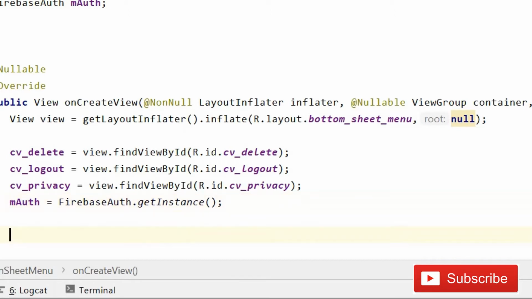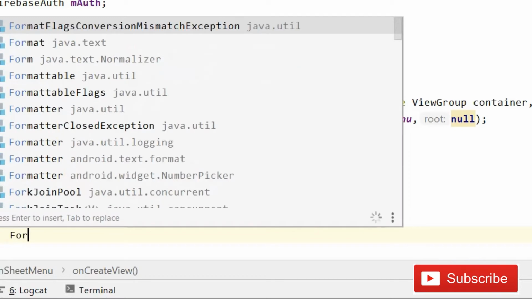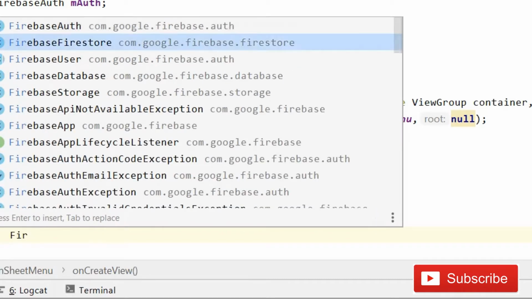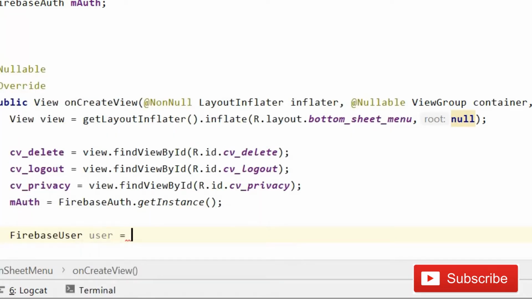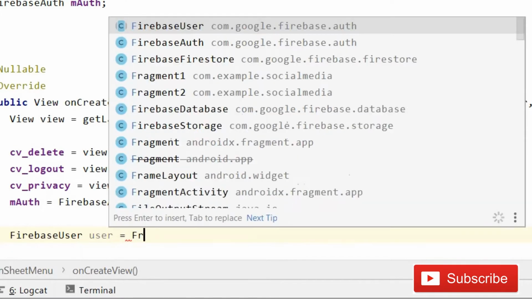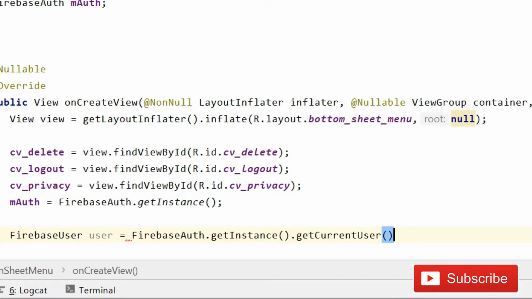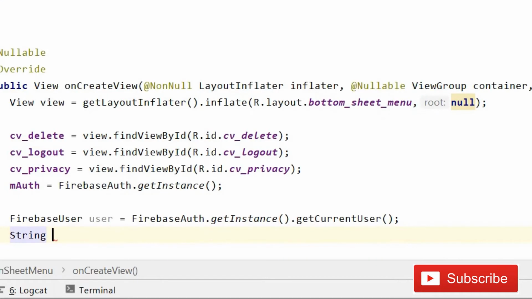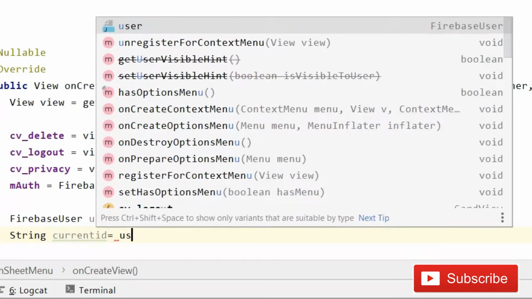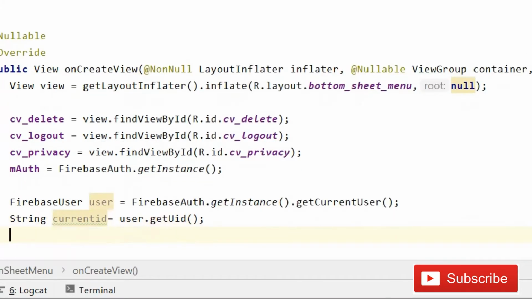And after this guys, here you have to write FirebaseUser user equals FirebaseAuth.getInstance().getCurrentUser(); semicolon, and String currentId equals user.getUid(); semicolon.